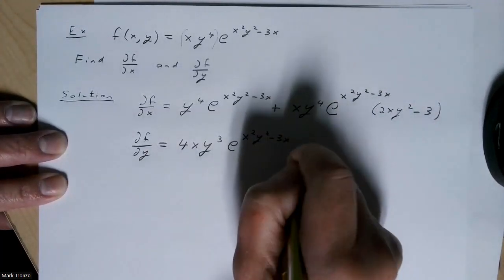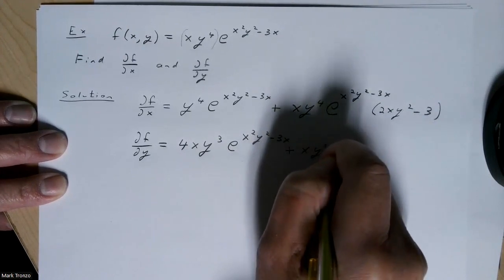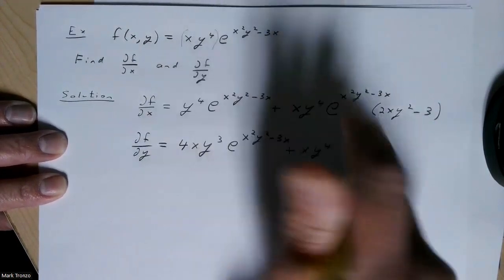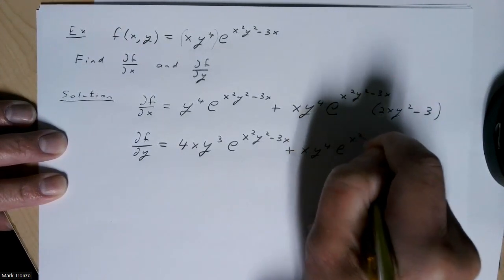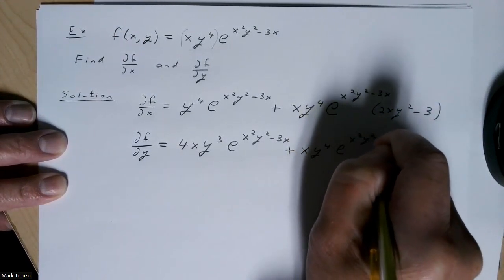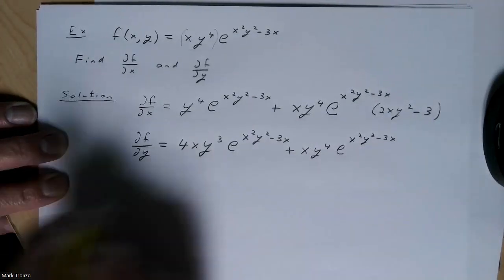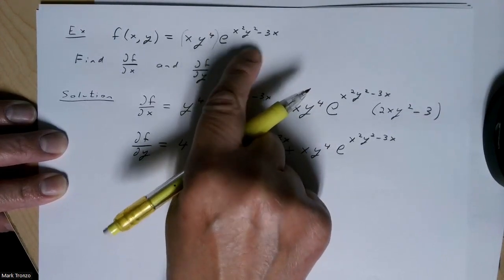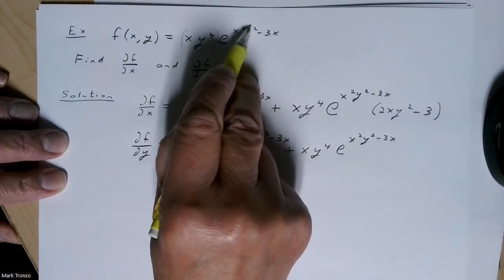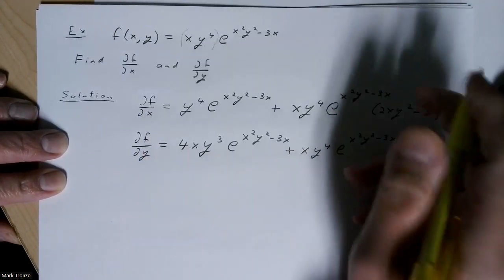Plus the first function times the derivative of the second. Remember, the e to the power, if there's variables there, that's not going to change. Then the derivative of that exponent with respect to y. So with respect to y, we'll have what? 2x squared y